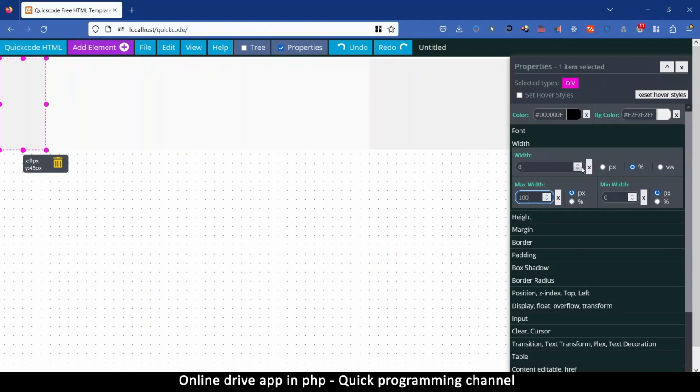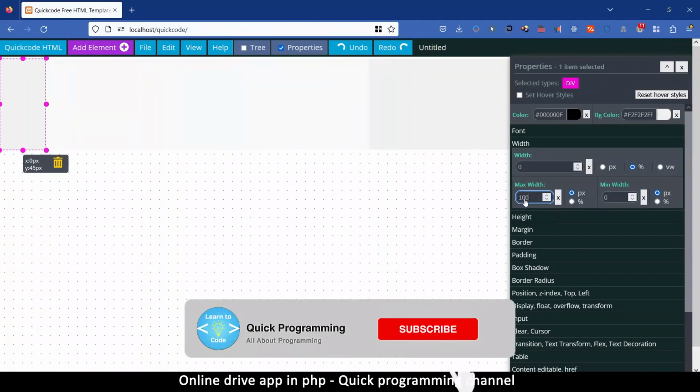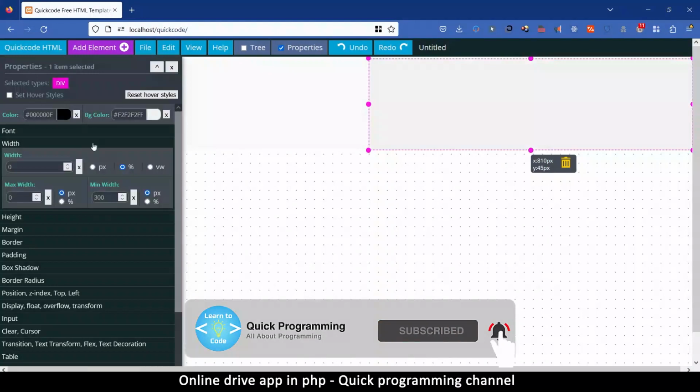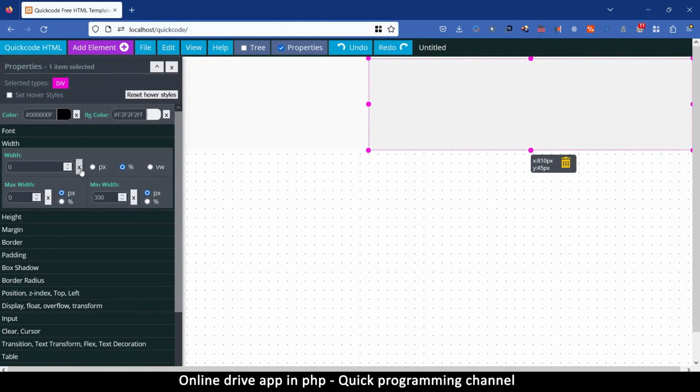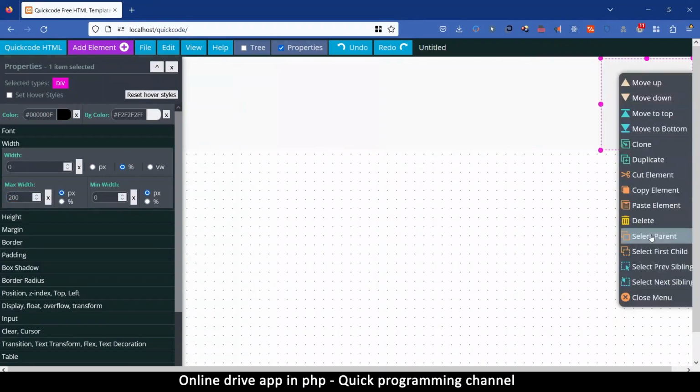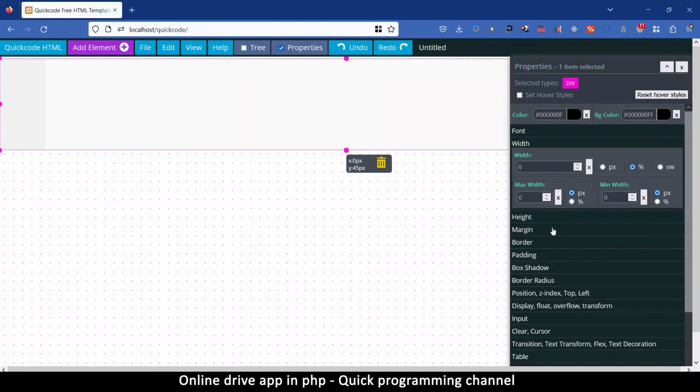Then you have to click to remove that width first and then put max width there. Then on the other side, max width should be, let's remove the width altogether first. Then max, let's put 200 like so. Then right click and select the parent of this, and